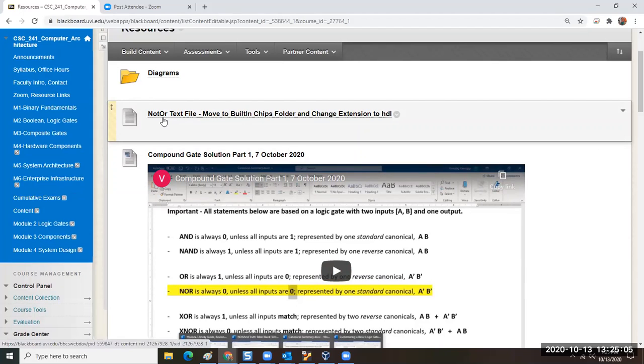I had to create a NOT OR logic gate because the ones that are provided built in didn't have a NOR. They had a NAND, they had an XOR. They don't have XNOR and they don't have NOR. And so I walked through the creation of a NOT OR, so we would have a logic gate that functions